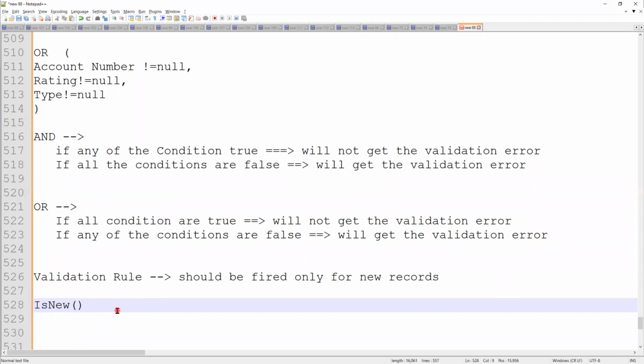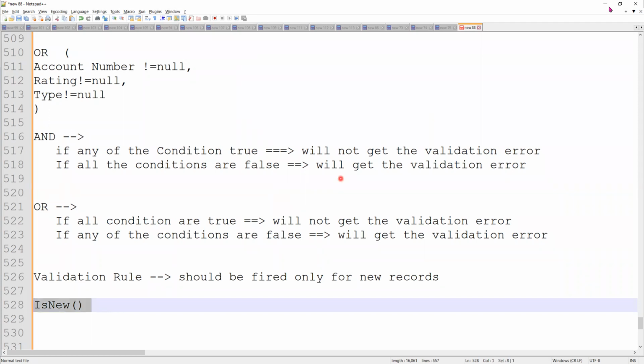But whenever a record is inserted in Salesforce, it's a completely new record. You can also check the created date, the system created date. But instead of checking the date, sometimes the date might misguide the developer, because in a few projects they have a separate field called created date. I cannot say it is always, but there is such a scenario. So in that case, we can use the existing